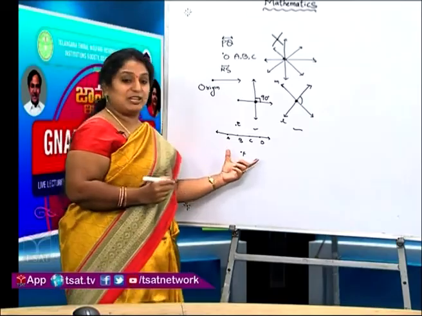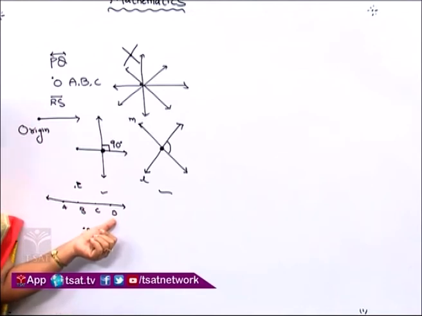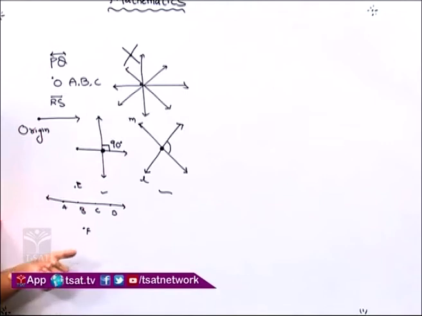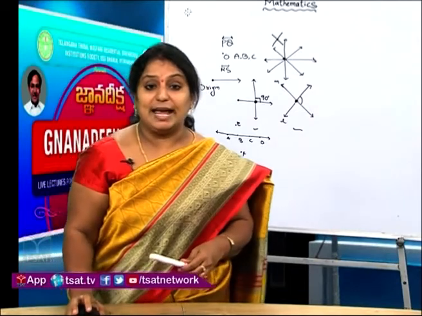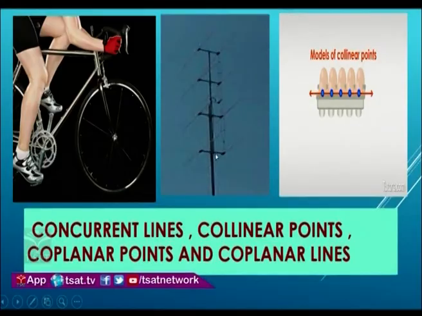If you see this picture related to the second image, A, B, C, D are collinear points, and E and F are non-collinear points because these two points are not lying on the line. A good example is an electric pole or antenna or any current-related dishes. If you take so many points connected to a single line,